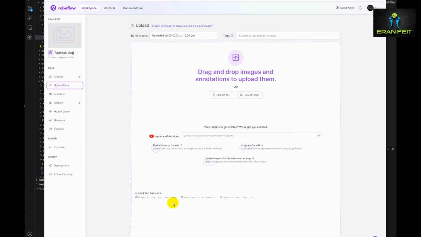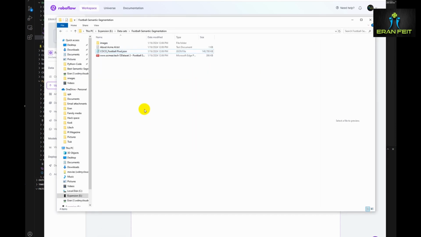So this is the workspace. As you can see on the left side, there is a menu. We will cover this in a moment. And here we can see the main functionality to upload our files. But in order to do that, let's create a new folder. Let's call it for Roboflow,